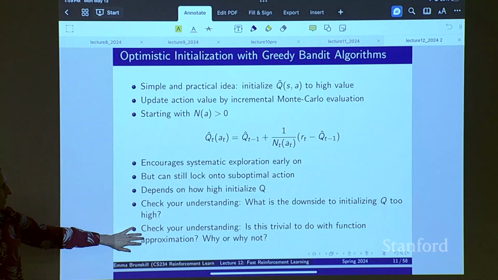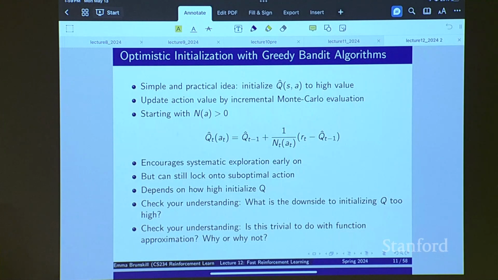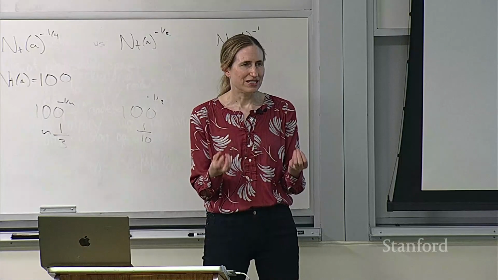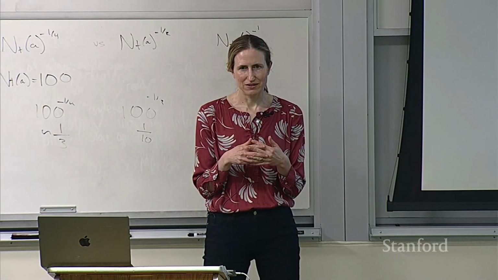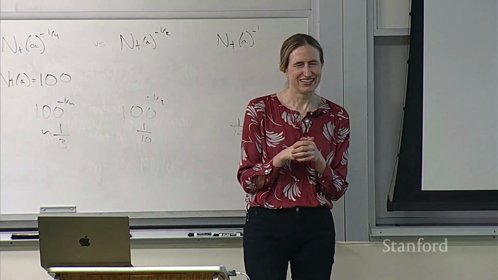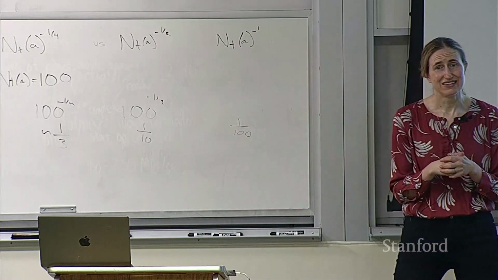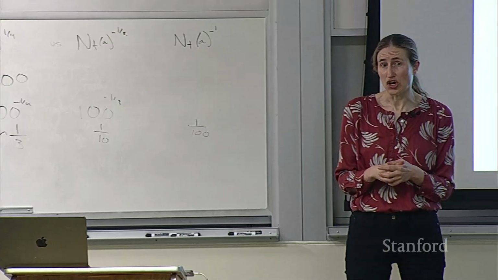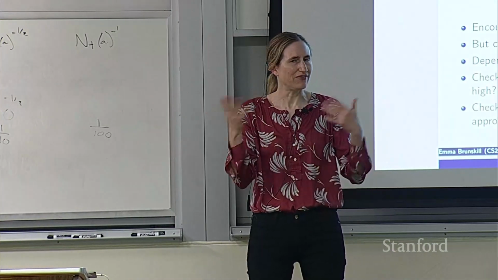Now, it's also an interesting question of how you might do this with function approximation. So if you think back to, I know you didn't implement deep Q learning, but if you think back to deep Q learning, where we used a neural network to represent the Q function, do you guys think it is easy to initialize that so the values are optimistic? I see at least one person shaking their head. Why not? You'd have to get the network to output a specific value. Yeah, it's hard, right? Maybe you could train it on fake data, but then you'd have to know how big the Q is.